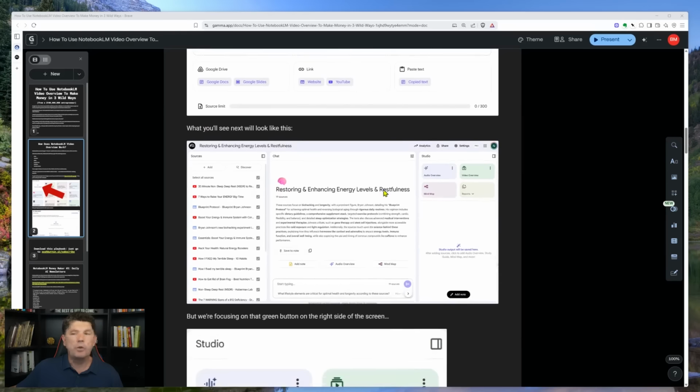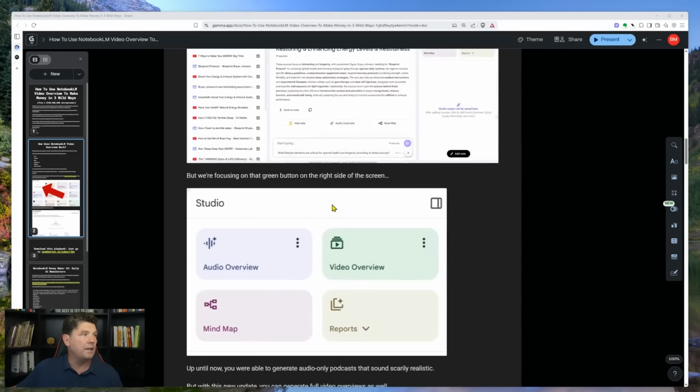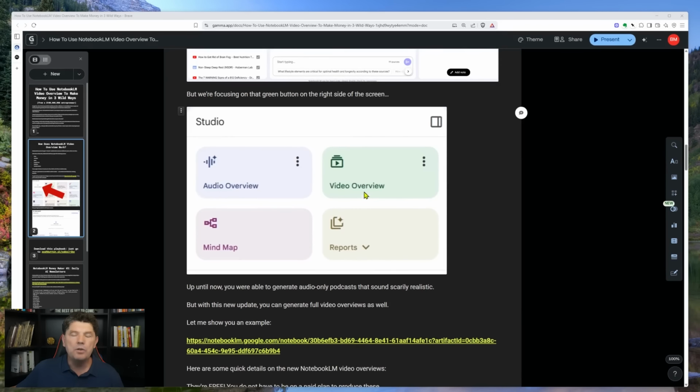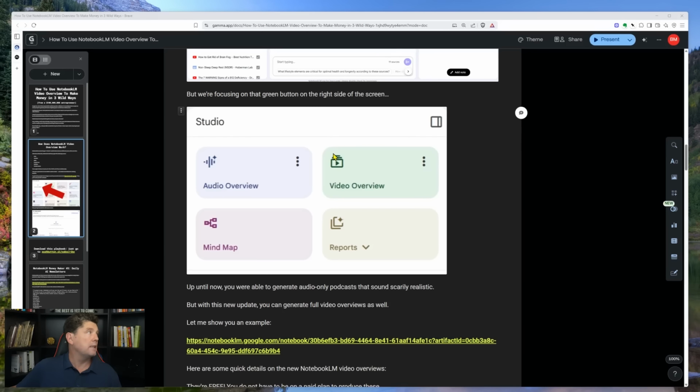So then you're going to be presented with a screen that looks like this. And on there, you'll notice off to the right-hand side is video overview. And that's the new feature that we're talking about. So you see that right over there? That's what it looks like. And let's dive in and I'll show you an example. So we're going to go to